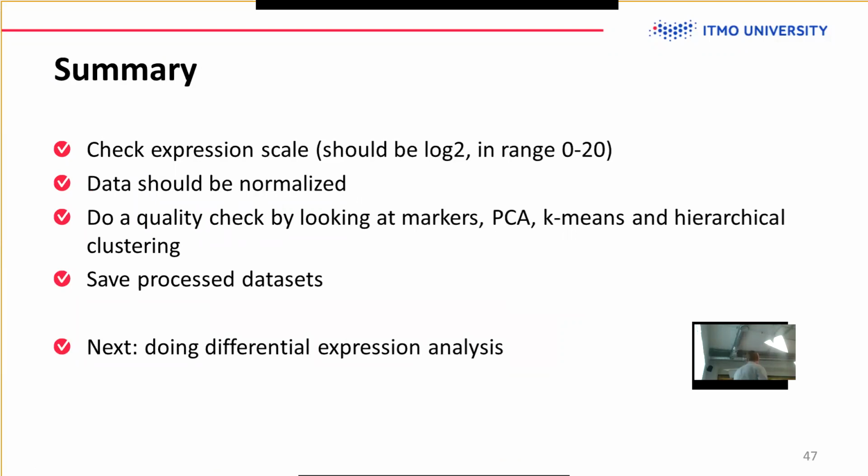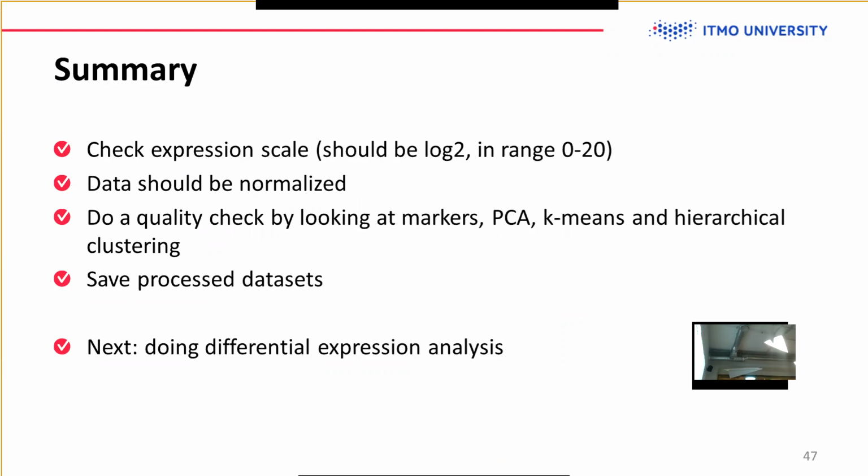We'll load this data set tomorrow and do some analysis, like differential expression analysis and pathway analysis and so on. So that's it for today, and to summarize again,